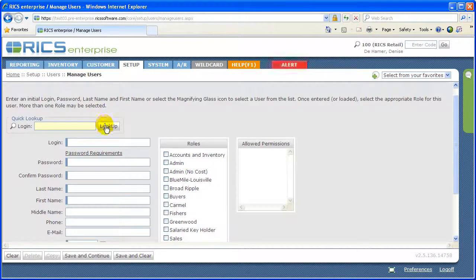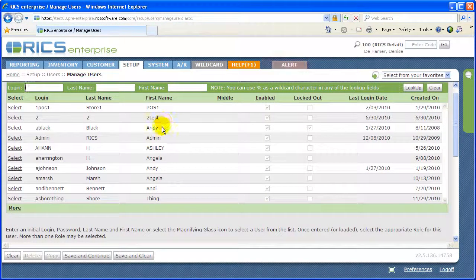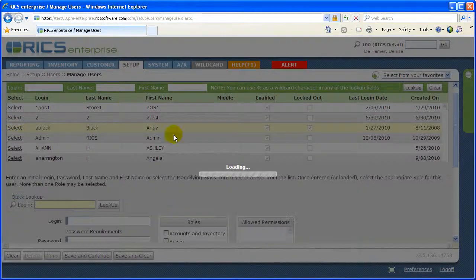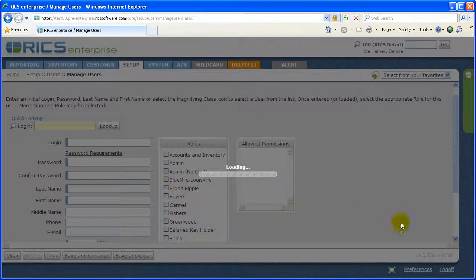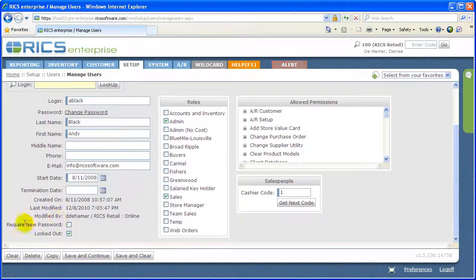So I'm going to click on the lookup, and we're going to say that Andy was the one that tried to log in 3 times incorrectly, and now Andy's locked out of the system, so he can't log into Rex. I'm going to go ahead and select Andy so he comes up on the screen. And if you notice down at the bottom, there's a check on locked out. So he's tried to log into the system 3 times incorrectly, so we've locked him out of the system for